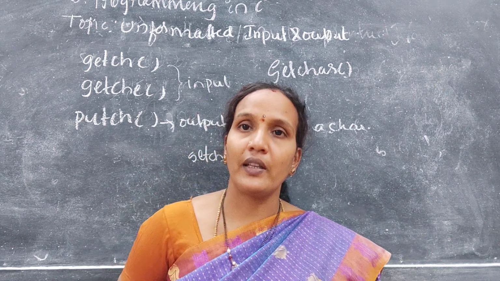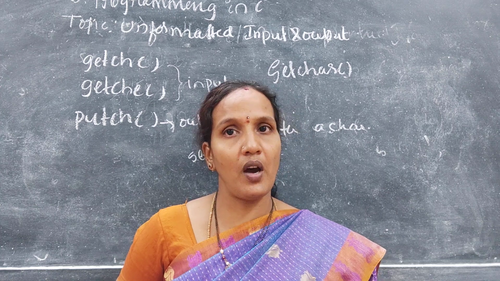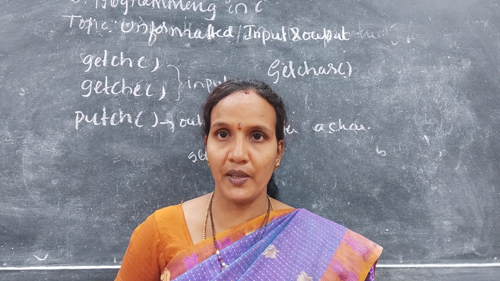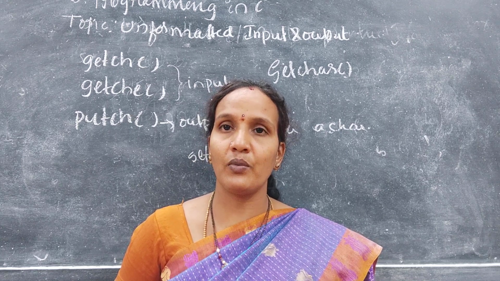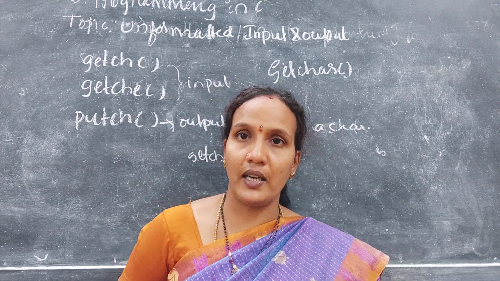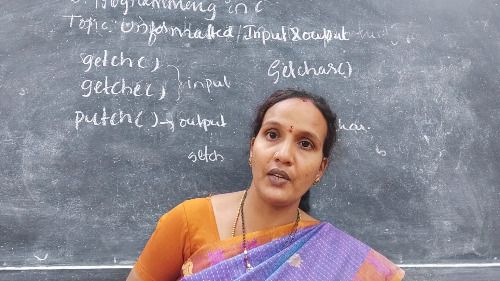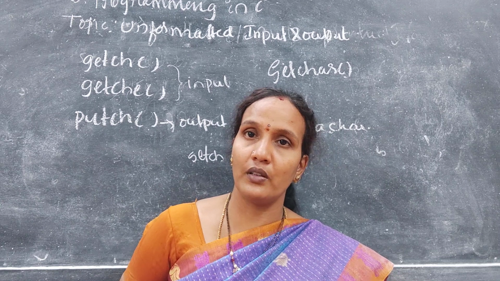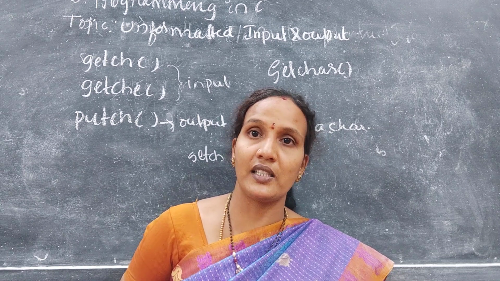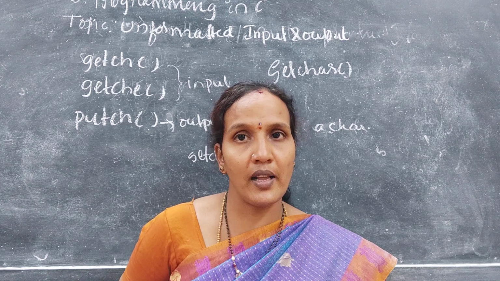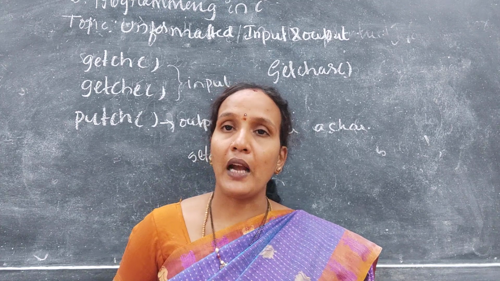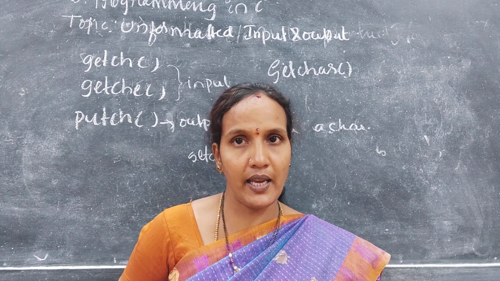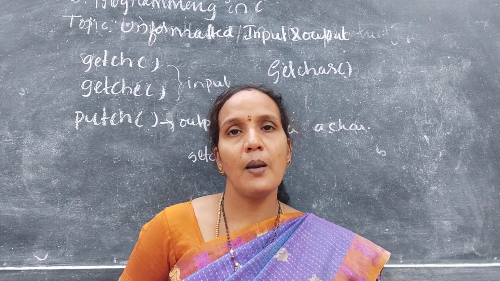Whatever input you take from a user and whatever output you print on the output screen is classified into two categories: one is formatted and the second is unformatted. Formatted means where you are using a specifier, converting one data type into another data type format. Wherever you use a format specifier, that is called formatted input. Where you do not use a format specifier, your data is directly converted to binary, and that is called unformatted. Under formatted, you have two functions: printf and scanf. Scanf is the input, printf is the output.